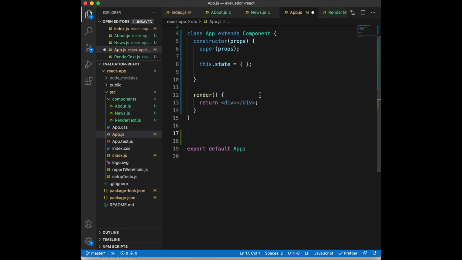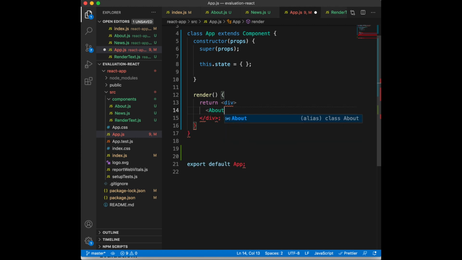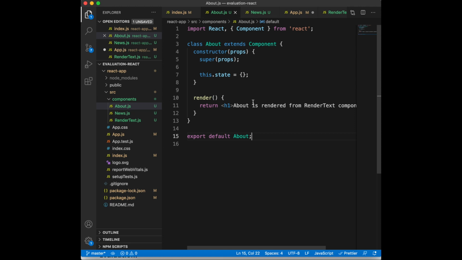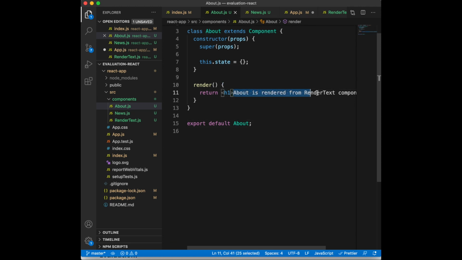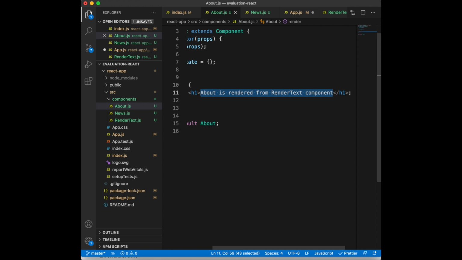Now let's get on with our criteria. So our criteria is handling events triggered by components. So quickly I'm going to create about. I'm going to use the about component, and the about component has to trigger the event. Inside about I have an h1 here. Quickly I'm going to replace this with, let's just say, about,